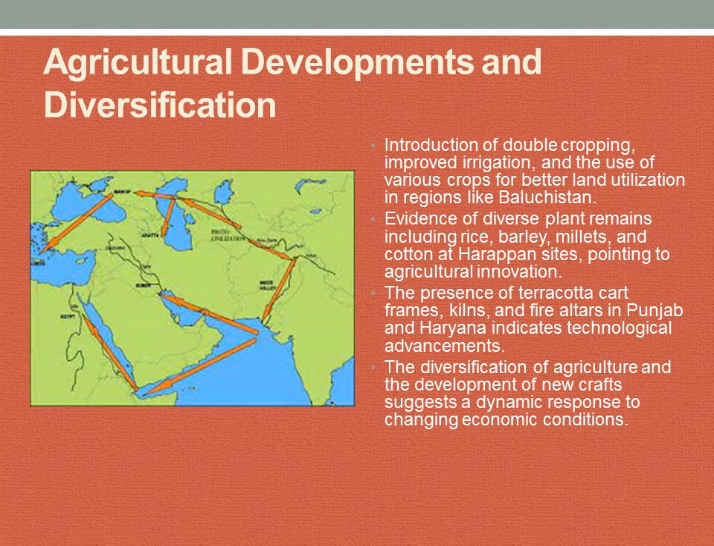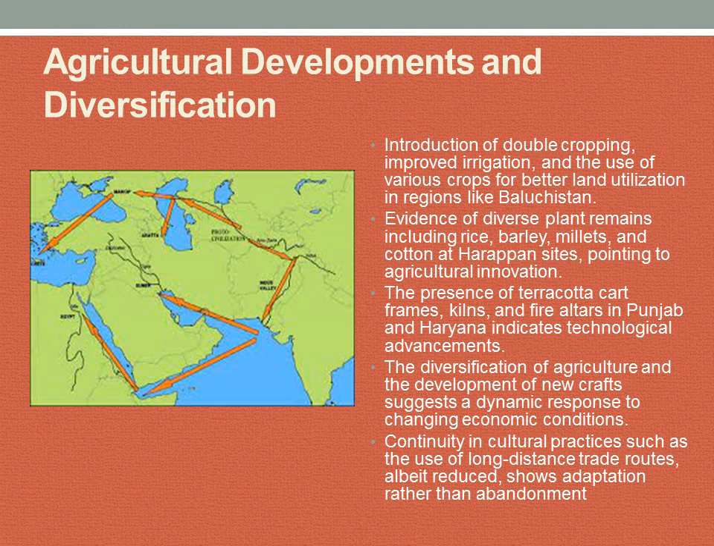So all these new innovative practices which we find in the late Harappan phase were people's response to the changing economic and environmental conditions. Continuity in cultural practices, such as the use of long distance trade routes, though a bit reduced, shows adaptation rather than abandonment. So many archaeologists and analysts consider that since the type of material culture during the late Harappan phase changed, the Indus Valley culture did not cease to exist, but there was an adaptation to a new form of material culture,